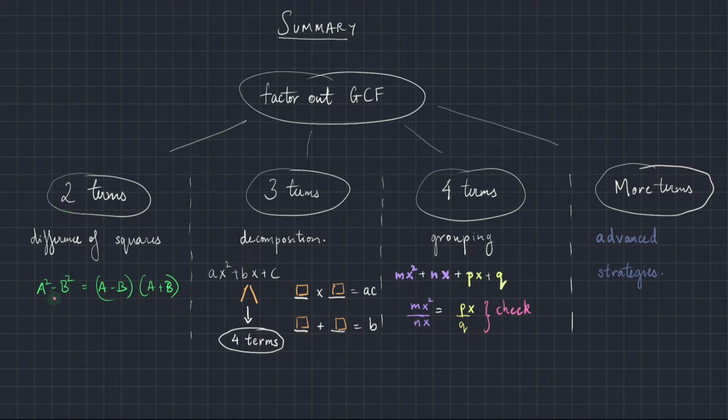We should always remember this only works when it's a squared minus b squared, which then becomes a minus b times a plus b, and cannot be used when it's a squared plus b squared. Now these are not the only strategies for factoring, rather they are the most basic ones, and we must master these before moving on to the advanced strategies, which will be covered in another video.